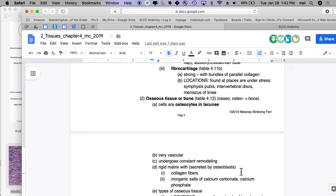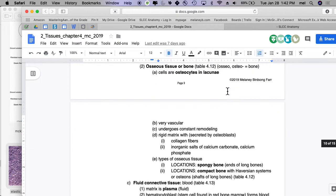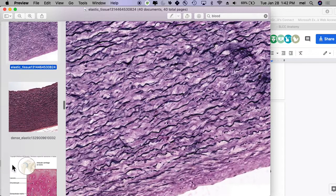Now, I see this happen a lot. Hopefully you guys won't do this. If I name a body location for fibrocartilage and you put vertebra, are you going to get it right? No. Because what did you mean to say? You can say intervertebral disc. You can even say between the vertebra. That's fine, but definitely not the vertebra itself, which is made of what tissue? Bone, exactly, right? So you have to say what you mean, right? And even if I know that you meant something different, you don't get credit for it unless you actually say something different, okay? All right, and then the last of the supporting connective tissues is bone, also called osseous tissue,